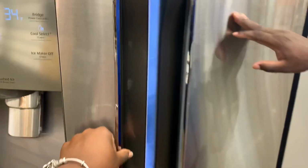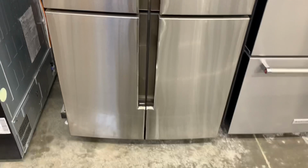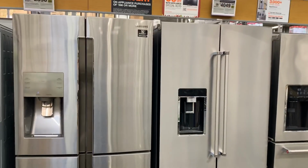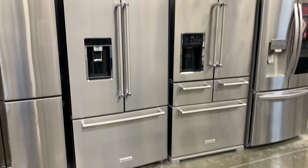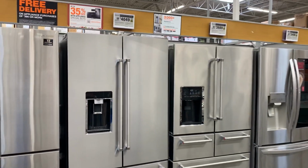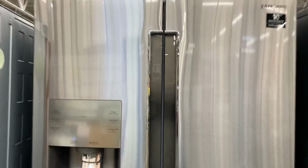Yeah, it's just extra. Right on time. Yeah, and we were actually going to buy this yesterday, y'all, and we are saving $700 today on it. So that is the fridge. And these are just some more options that they have. But the reason why I chose this one